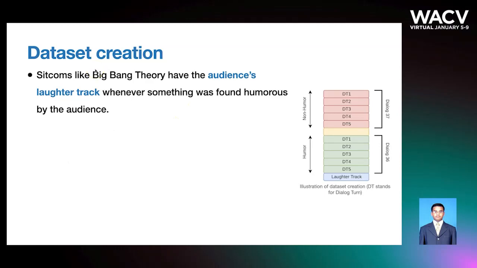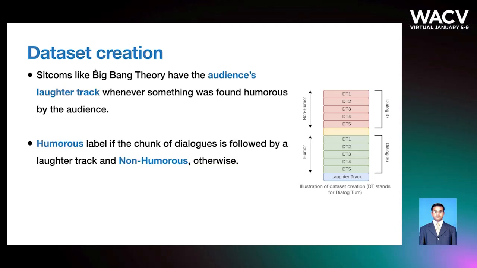Sitcoms, like Big Bang Theory, have an audience laughter track whenever something was found humorous by the audience. The show was recorded in front of a live audience. Thus, we can get grounded annotations for dialogues that made people laugh. So in the dataset, we have a humorous label if the chunk of dialogue is followed by a laughter track